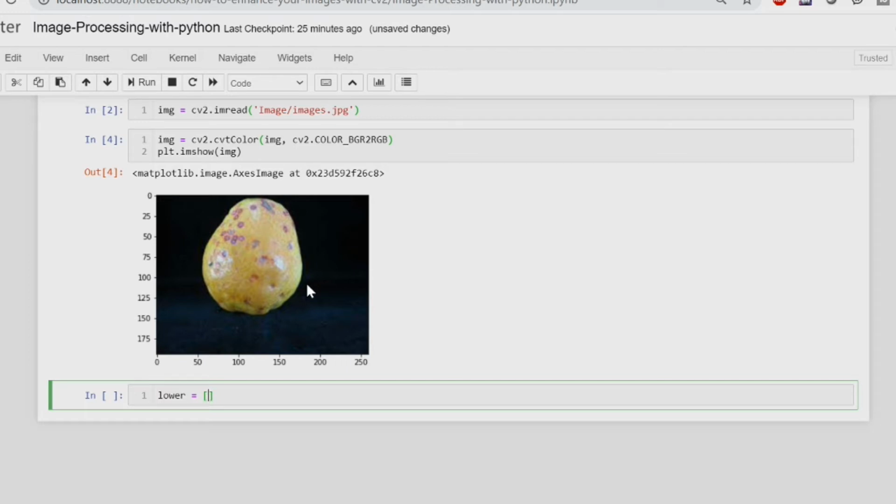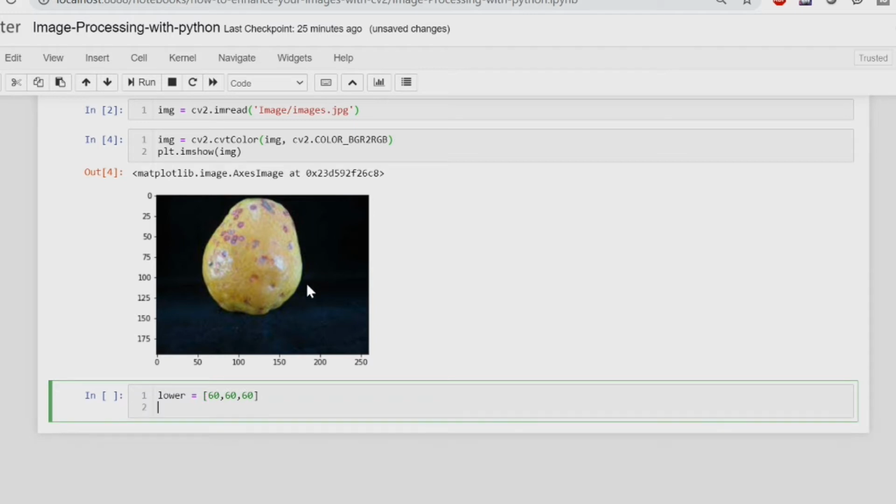Remember, the computer stores images in the 0 to 255 range for each RGB channel. So we will give three values for both. I'm going to give 60, 60 and 60 as the lower range and 250, 250 and 250 as the higher range.